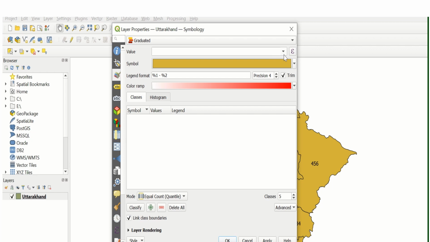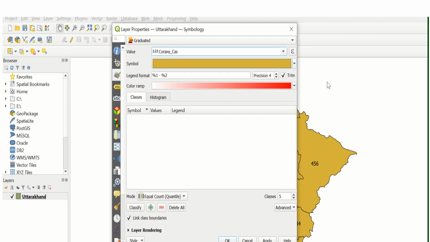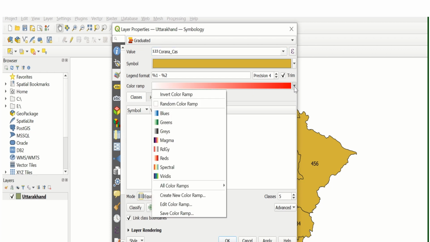Here the symbology works on the value of corona cases. Based on corona cases, the symbology will be populated, I mean, based on the color ramp. Here the color ramp is red. We can change our color ramp. So for our choice, we select blue.